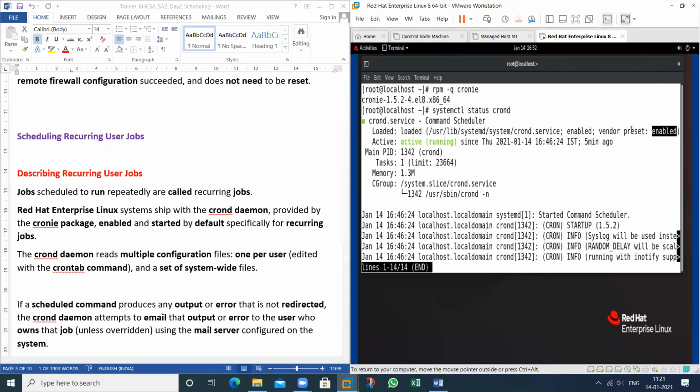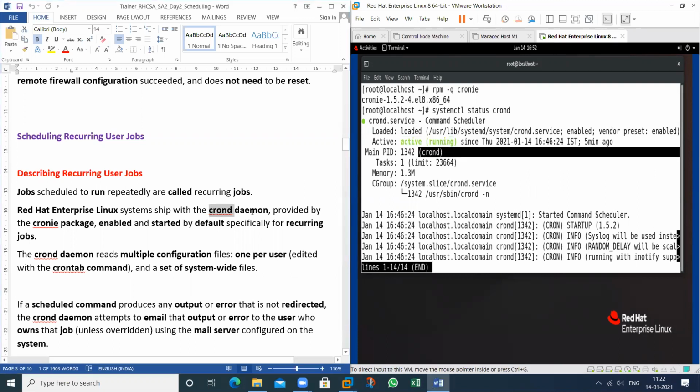So this is enabled from the vendor side and from the administrative side. This can be done by the admin, and this can be done by the vendor. It means by default that application is designed so, and at runtime this is enabled, and this is the daemon.